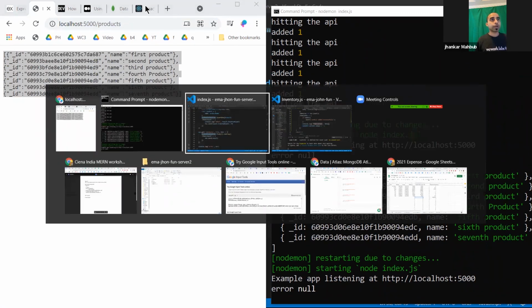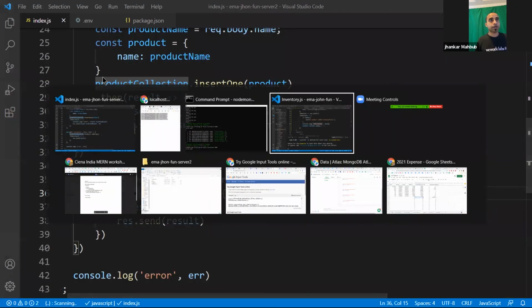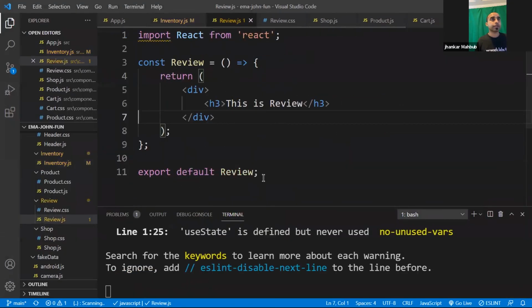So we will go here, and in our client side code in the review.js, we will load that data and display it in the UI. So this would be our round trip. We add something and we move there, and we should be able to see that information. So this is super easy.